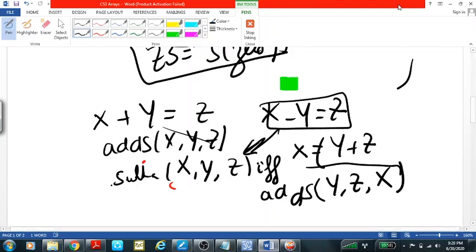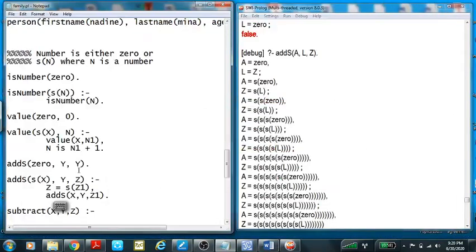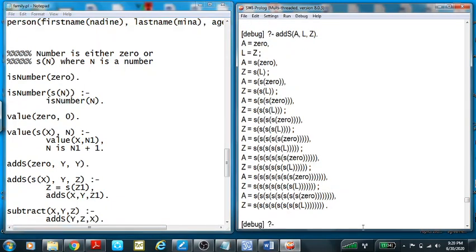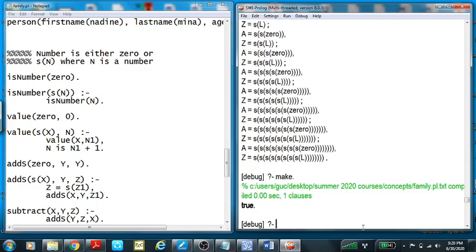Let me go, and then what we will do is we will write the subtraction of x, y, z corresponds to the addition of y, z to get me an x in this case. You compile, you run, and then you want to do a kind of a query. You subtract